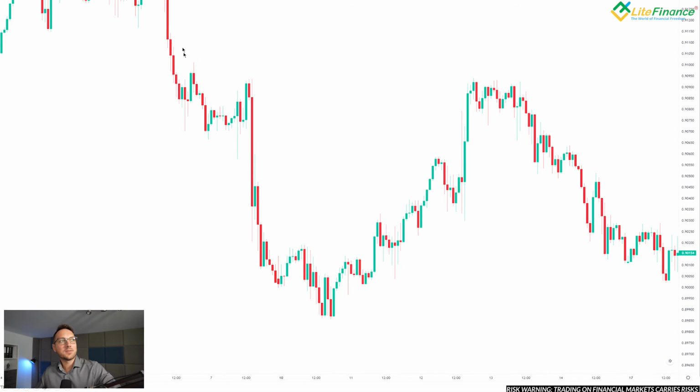So you can see this is the moment where we fell, and we came into another support, and clearly we have the first shoulder, second the head, second shoulder, and yeah, the neckline would be drawn somewhere over here. We have the first highest point, first high, and the second high. We can clearly see the head because it is lower than the other two